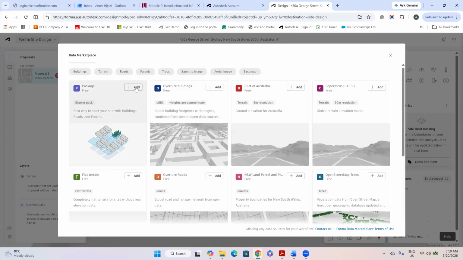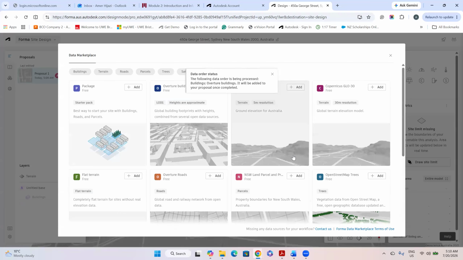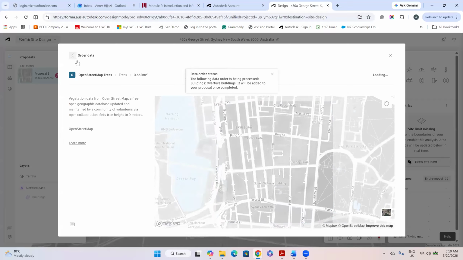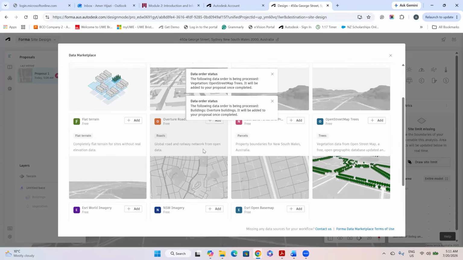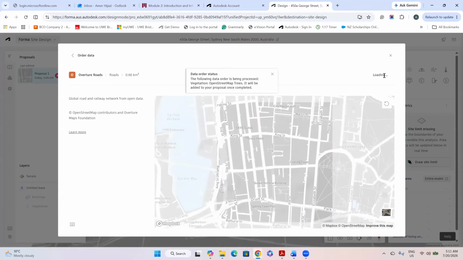You can select whatever information you need to add. For example, I need to add the building information. So you can add the trees, you can add the road,